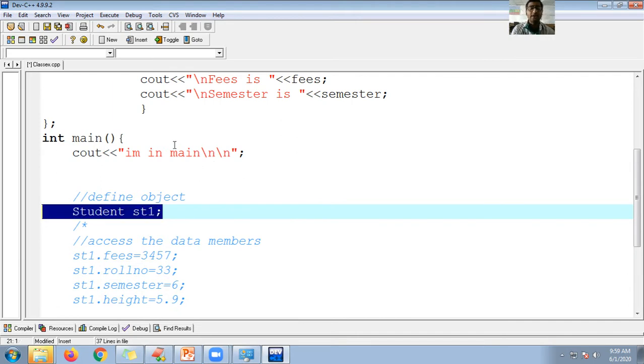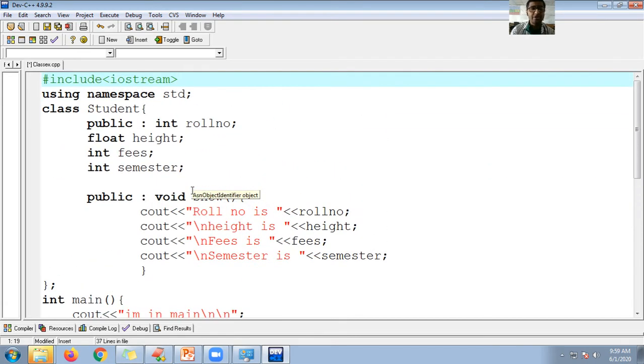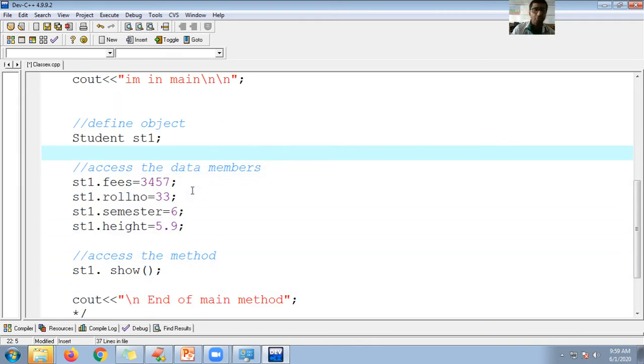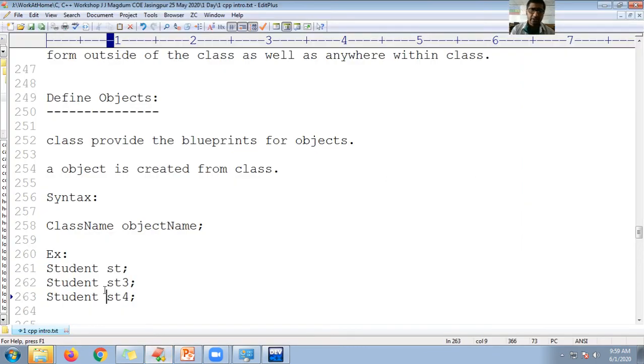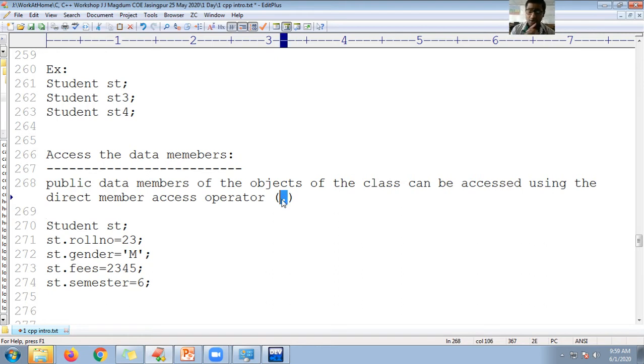Now I want to access the data members of the class, as well as initialize those data members. How do I initialize, guys? You can use the dot operator to access those data members. So guys, here I give the note point. You can use the dot operator, or you can call it the access operator. Are you getting it? Avadut, are you following?